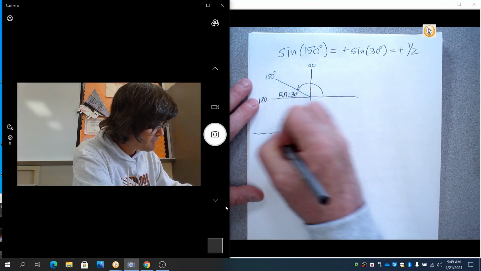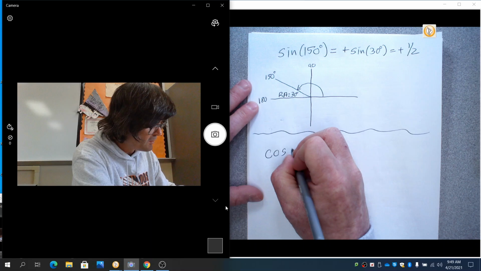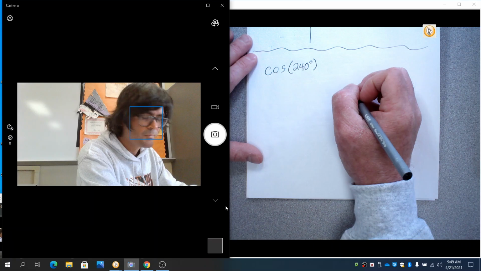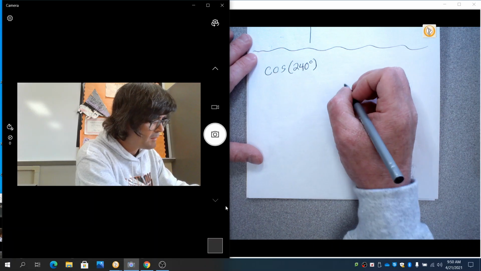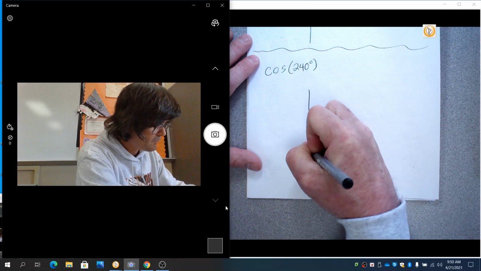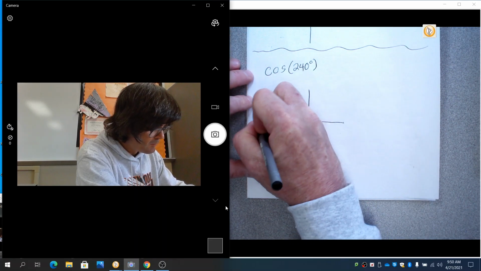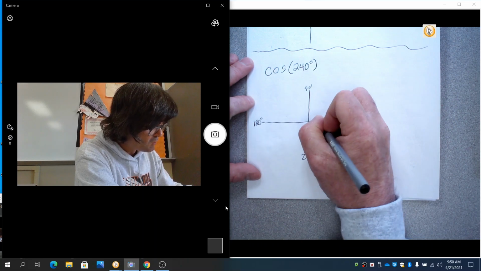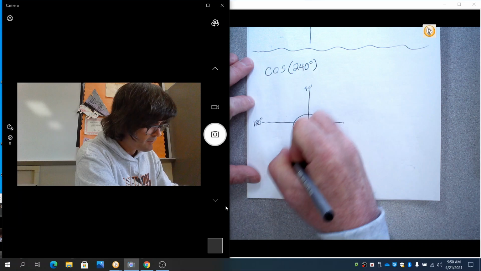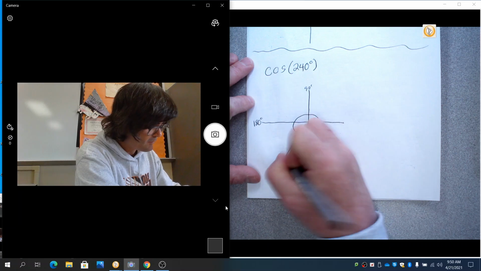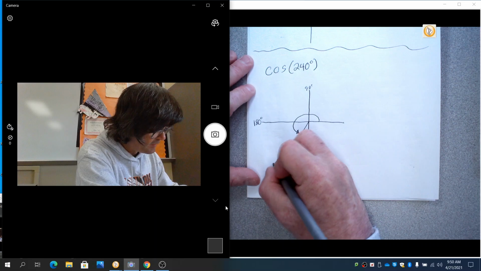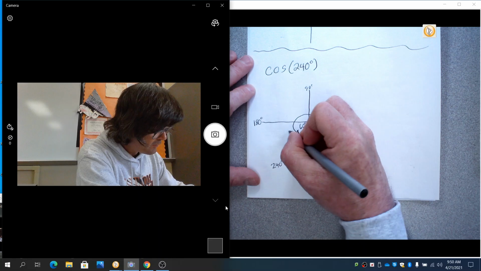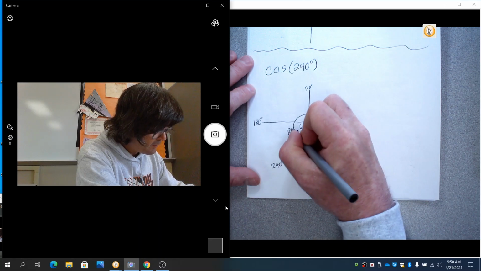Let's do another one. Let's do cosine of 240 degrees. I want to draw that. Here's 180. Here's 270 and 90. So 240 is going to be kind of like, call it about there. Label that as 240. And so my reference angle now is 60 because that's how far it is back to